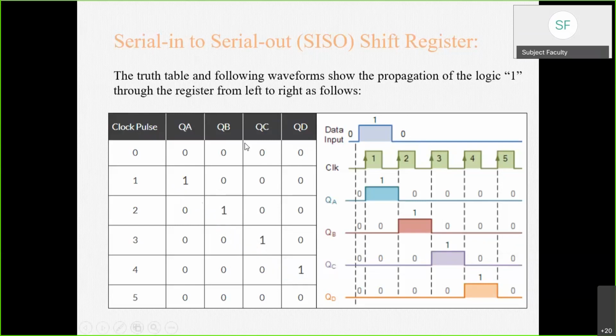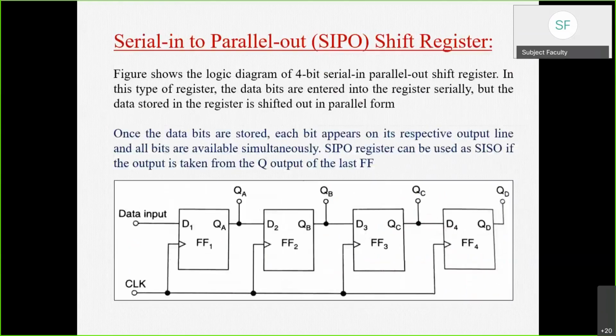Once you have understood it, the principle will be the same. Just the difference will be in how you are transmitting your signal, either serially or parallelly, and how you are retrieving it at the output side, either serially or parallelly. You have to understand. So this much part we have already seen in the last session itself. Why we have discussed it again is because once you have understood SISO, the working of SIPO, that is serial in parallel out, is similar.